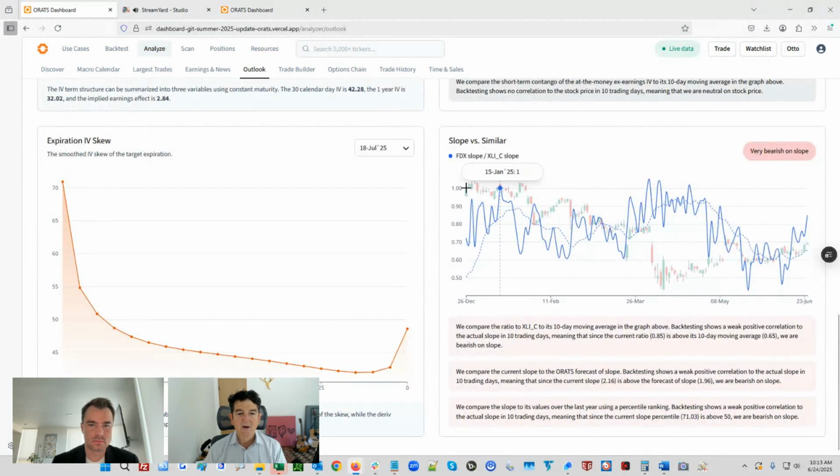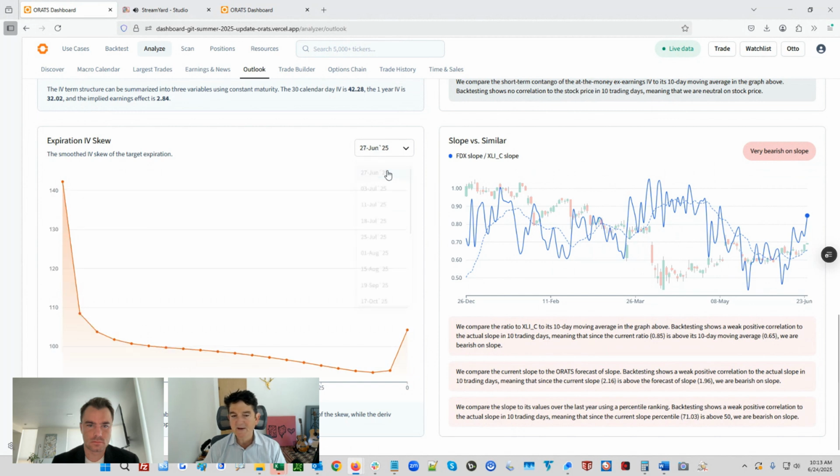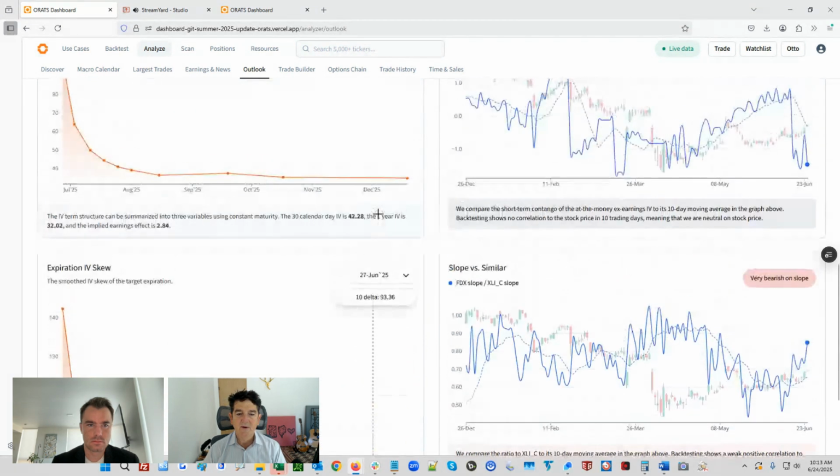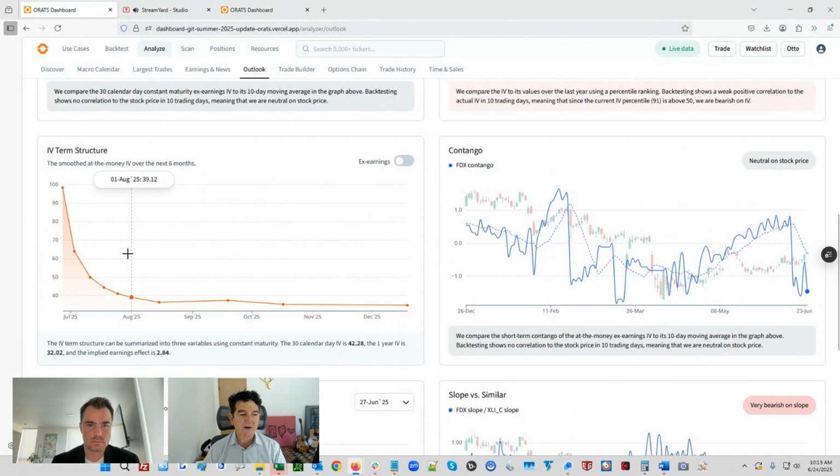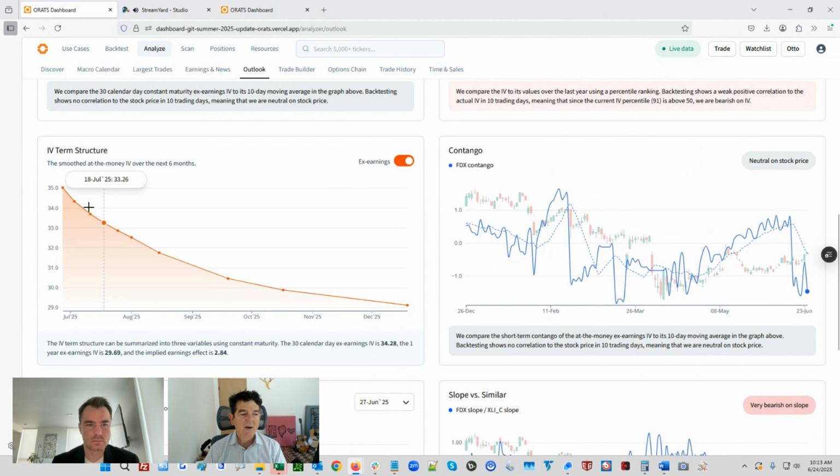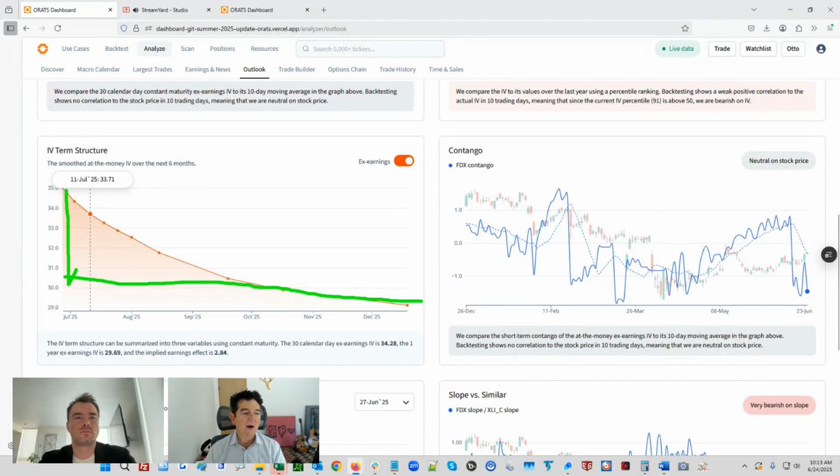Here's that expiration skew, and I think it was the June 27th that we were looking at. That's the one down there. Here's the term structure. If you take earnings out, it's still pretty high. Usually what you'll see is when you take earnings out, it'll move kind of low. All of the options will be something like this. But in this case, FedEx is so high that